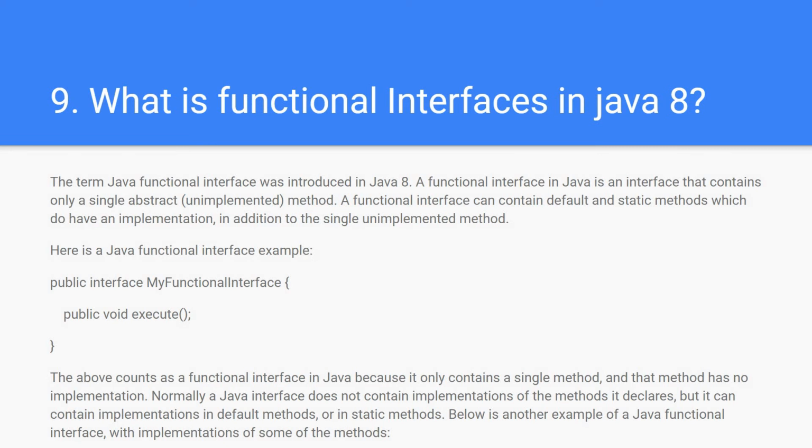The term functional interface was introduced in Java 8. A functional interface in Java is an interface that contains only a single abstract, or we can say unimplemented, method. A functional interface can contain default and static methods which do have an implementation, in addition to the single unimplemented method. Here is a functional interface example: public interface MyFunctionalInterface, and we have only one method, public void